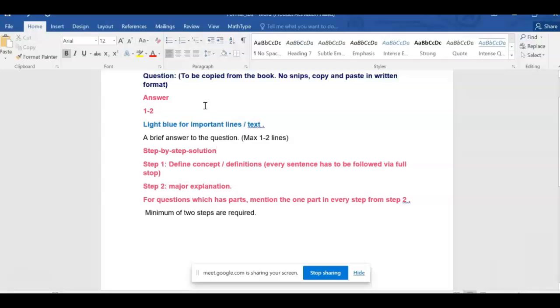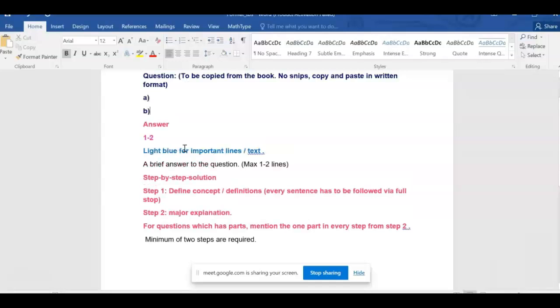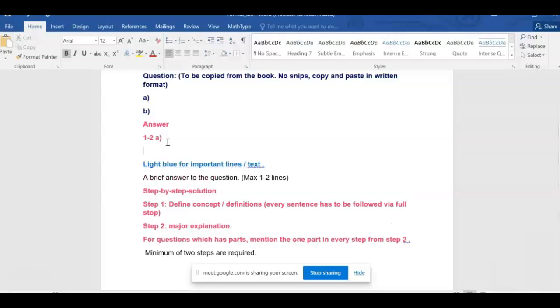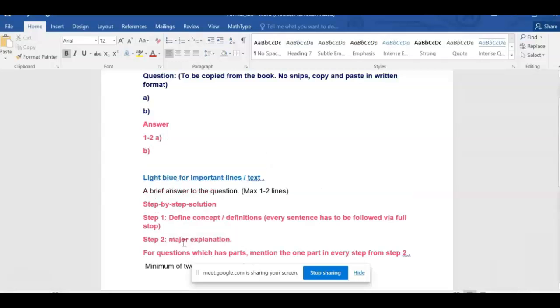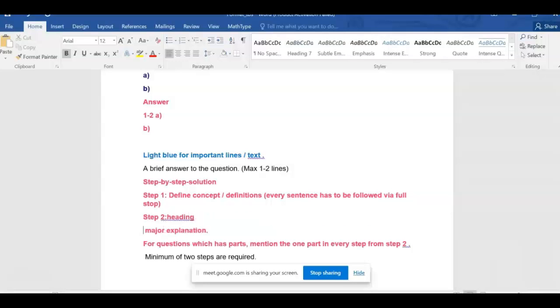For example, if you have a question in parts, right? For example, there is part A and then there is part B. So you have to start by writing the answer in steps, again A and B. So you'll write A, then you'll write B, and apart from that, when you define it in steps, you'll define the entire concept in step 1, and from step 2 you will define whether it's for part A or part B after the heading. Alright, so first the heading has to be written here, right? And after that, when you start, yeah,